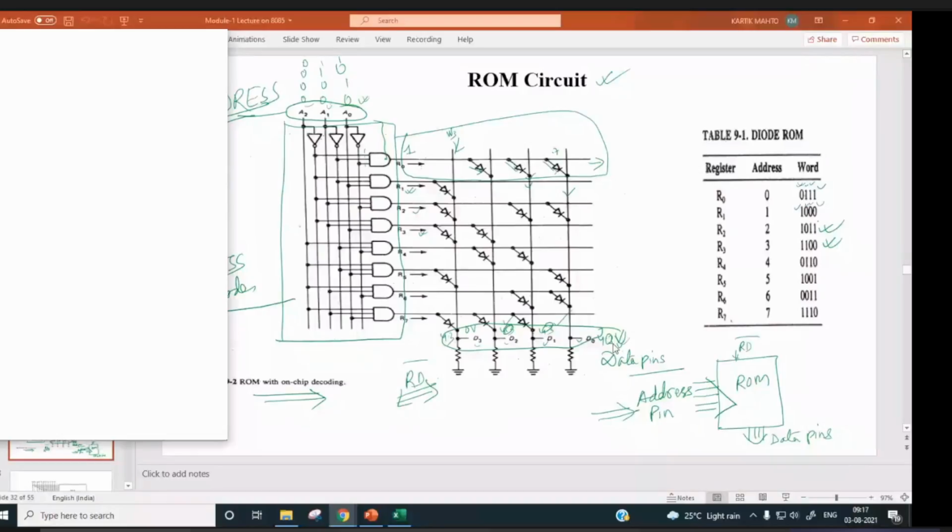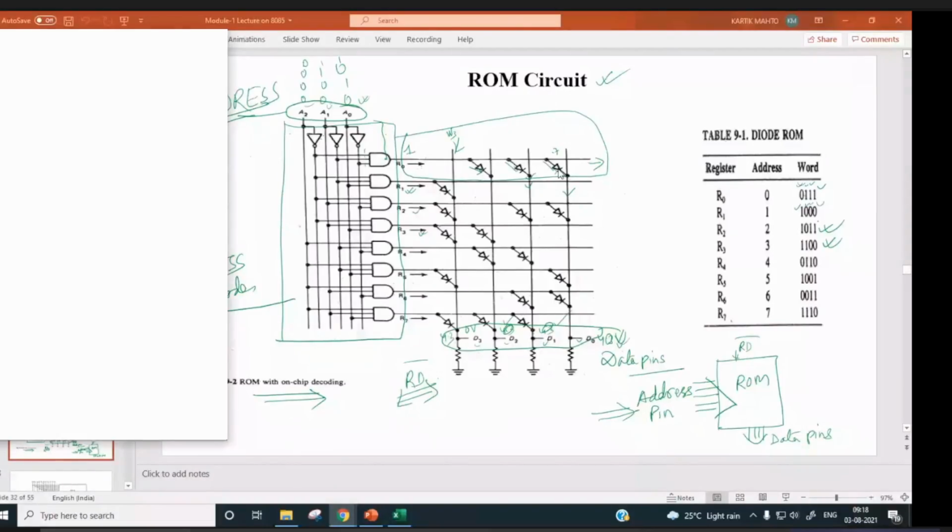In fact, we have 8 locations in this diode ROM circuitry, starting from 000 to 111. 8 different locations are there, and in each location we have 4-bit data. And how is data stored? By connecting the diodes. You can see here 0111, 1000, 1011, 1100, like that, right? 8 different data are stored, each of 4 bits. Similarly, we can have 8 bits in one location, right?